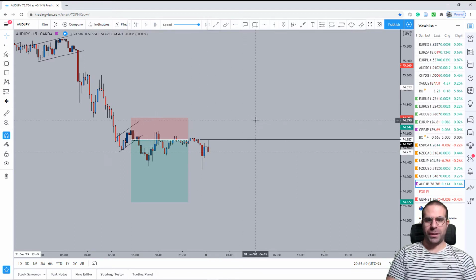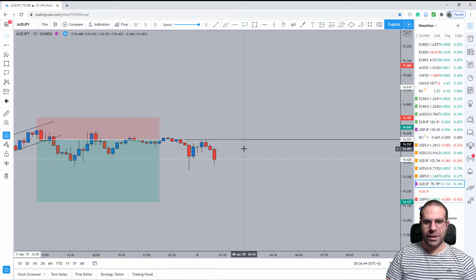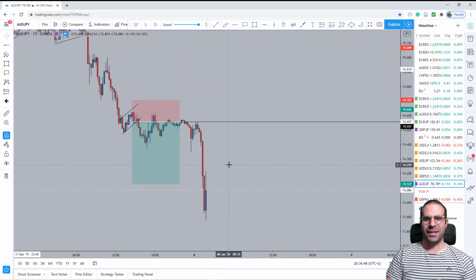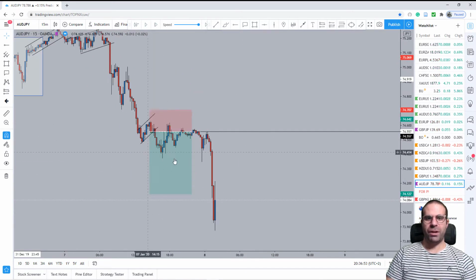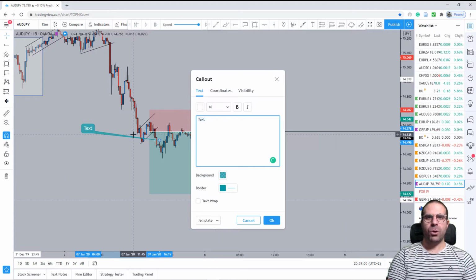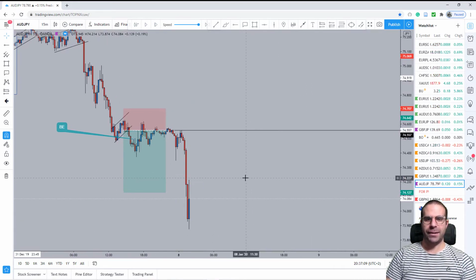Still we are not stopped out. And now I think we are stopped out. Let's zoom in. Yeah, let's call it a break even trade. Unfortunately, you see what would have happened, but these are the rules. When we break the previous area, the previous low, let's say, over here, then I'm moving my stop loss to break even. We're being completely transparent here, and this is a break even trade.